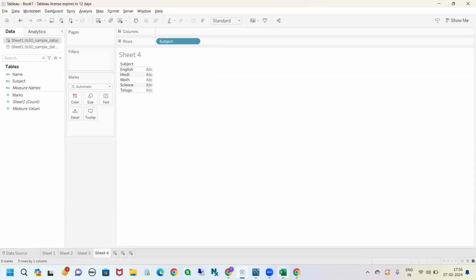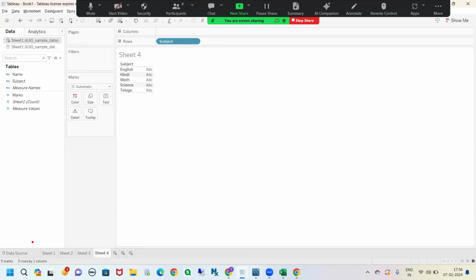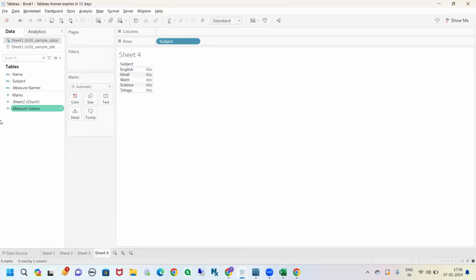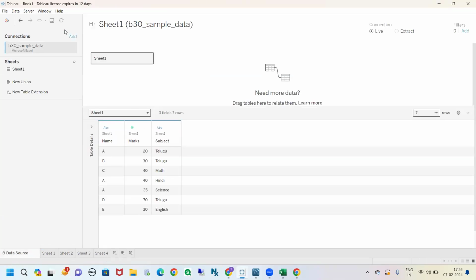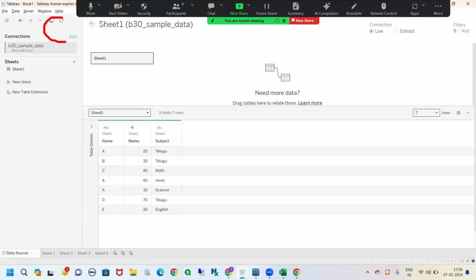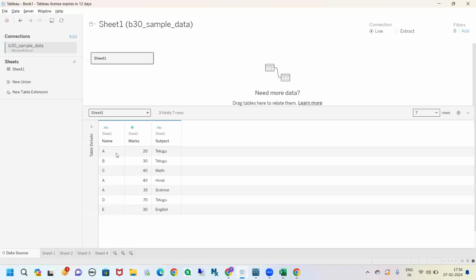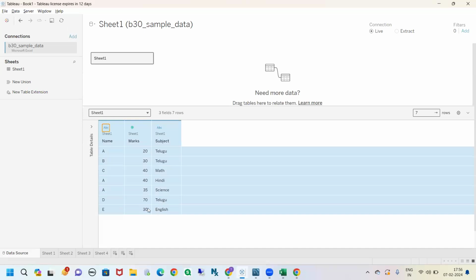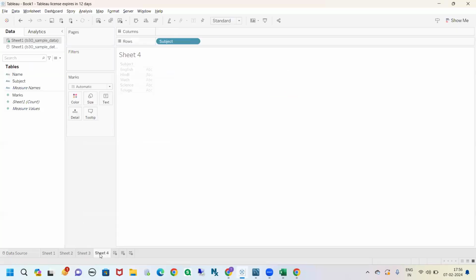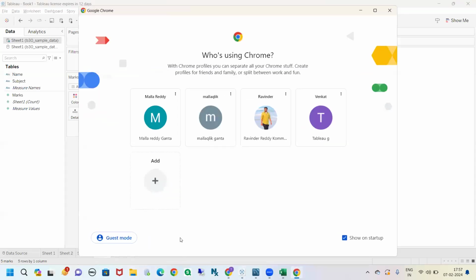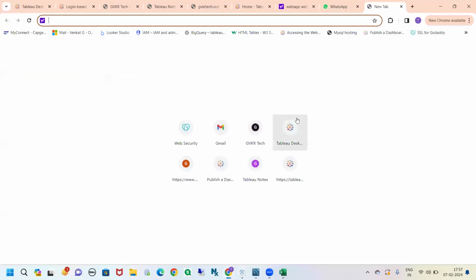Okay. Once the data source is refreshed, right? So you can simply come to Tableau and you can simply refresh the data here itself. Or one more method to refresh the data is I can simply click on the data source button one more time, and you can simply click on this refresh button. So this is a refresh button. So wherever you do the refresh, I can see all the data here itself automatically in the sheets. Okay. Now we'll go to